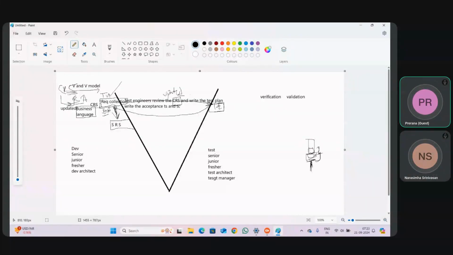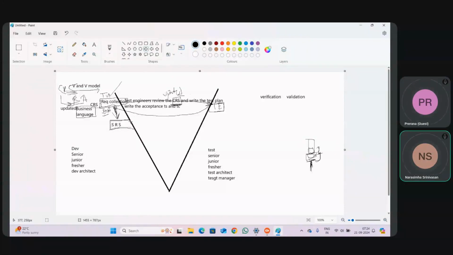At that time, we are reviewing the CRS. Both sides' work is going on. Once the business analyst converts the CRS into SRS, the test engineers have reviewed the CRS. The quality of the CRS is good, which means the SRS is also good. Why? Because the defects in the CRS are fixed and we converted that to SRS. So there will be no defects in the SRS now. Got it?